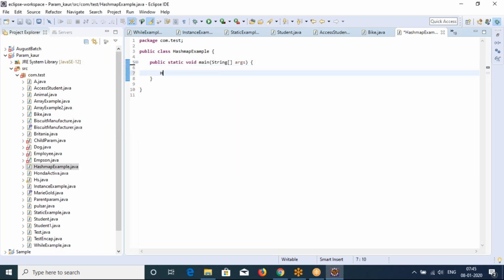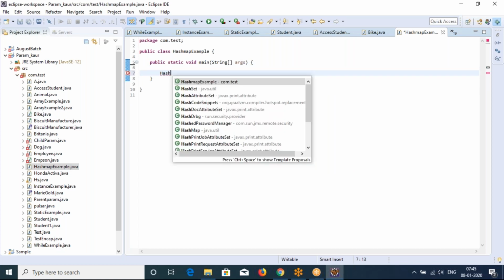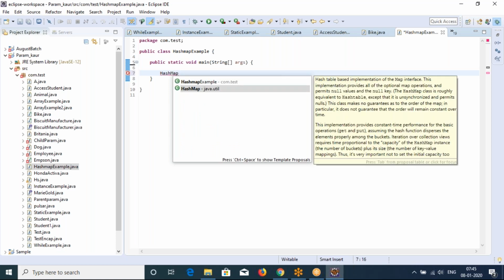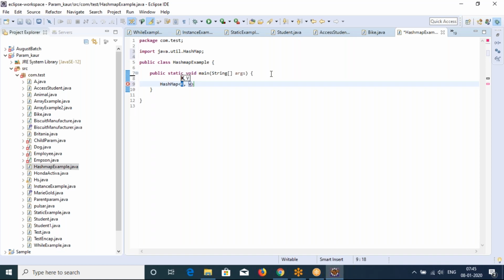Okay, hash map. See, like how you created for array list, for hash map also you'll create a hash map. But here you'll have two generic types. You don't give one parameter, you give two data types as parameters.